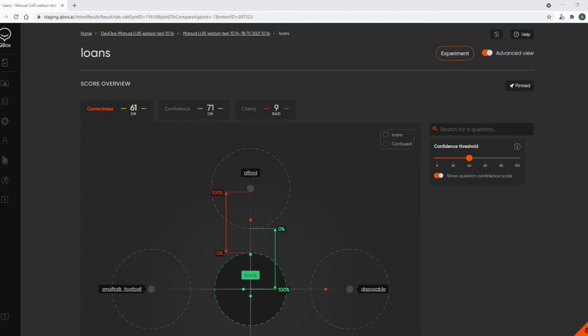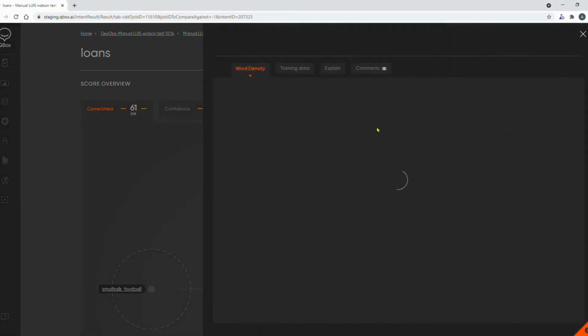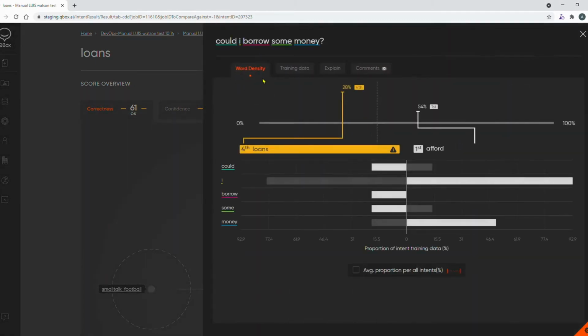This is the new QBox word density feature in action. From the correctness distribution graph, click Show More on one of your utterances, and this will take you straight to word density. Each word is plotted on the graph according to the proportion, as a percentage, of representation within the training data. On the right, the proportions are shown for my incorrect intent, in this case the afford intent, and